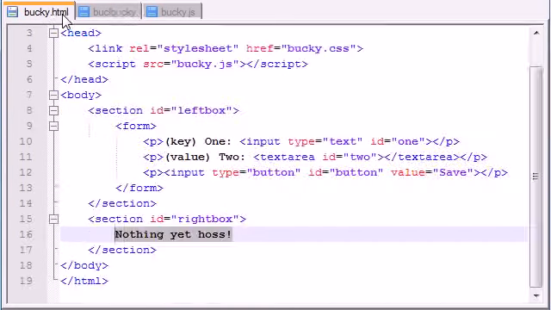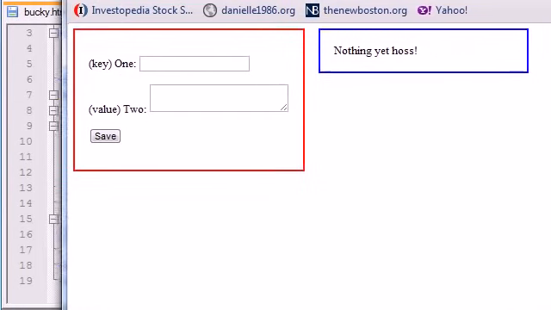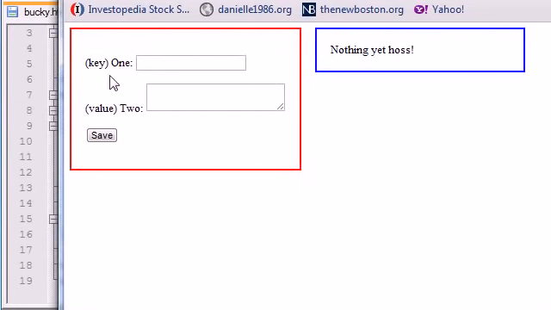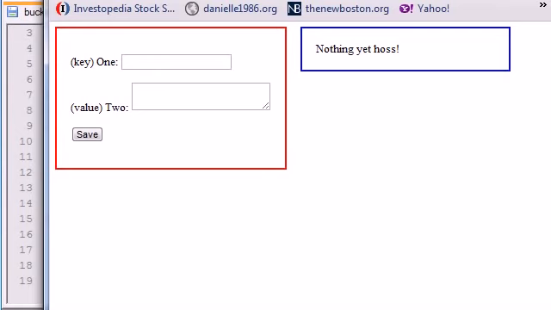So let me go ahead and save this and check it out. Alright, so let me move this so you guys can see. So basically what we have is this red one is the left box, and you see the padding around it of 20 pixels, and this right one is called the right box. And this margin left is what gives us this 20 little pixels of space right here. But anyways, now that our website is looking pretty dang good,